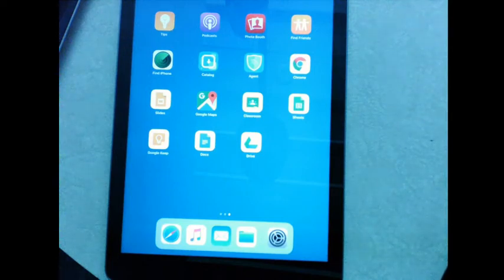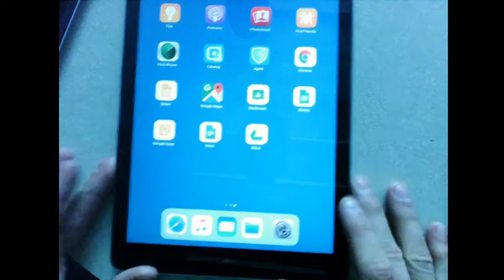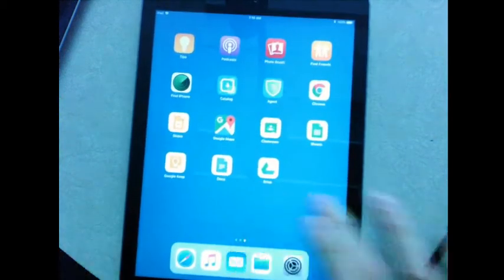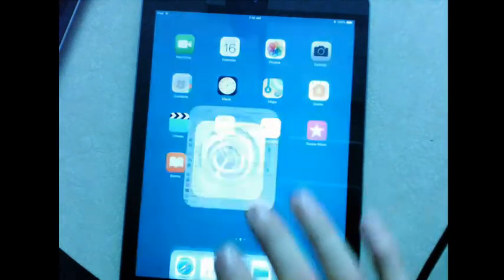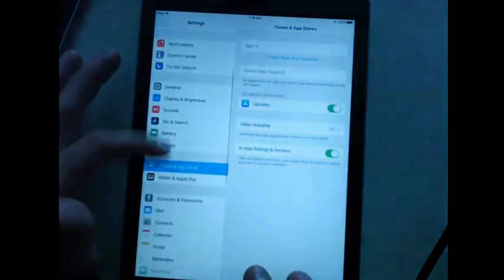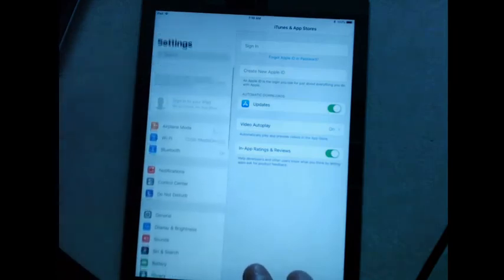So it's pretty straightforward. You get to that setup screen, and then it will ask you for an employee number and password. So now that this iPad is in AirWatch, as I showed you, the App Store is gone and the settings are now completely locked down. A student can't muck around on here too much.